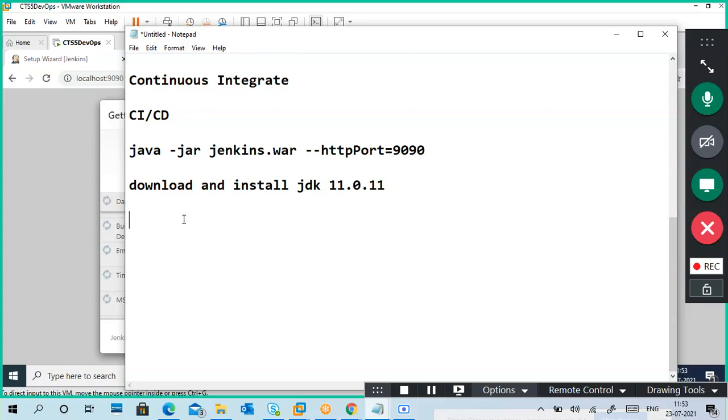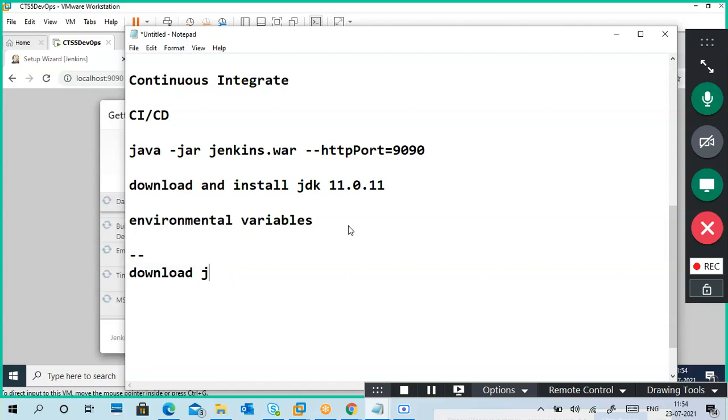I installed Java and I set the environment variables for Java. That is done.